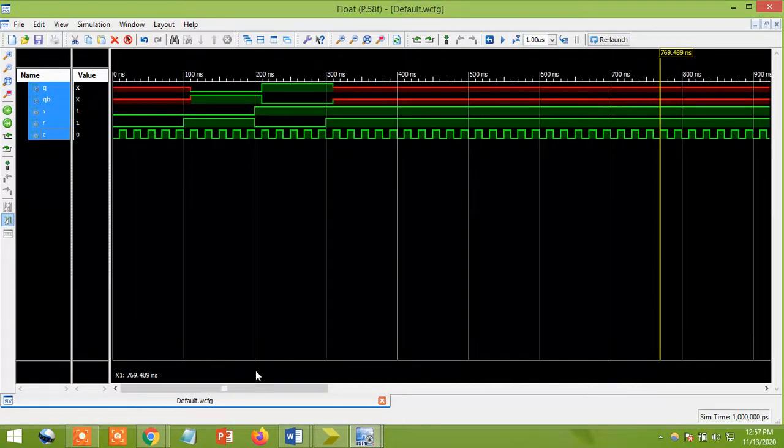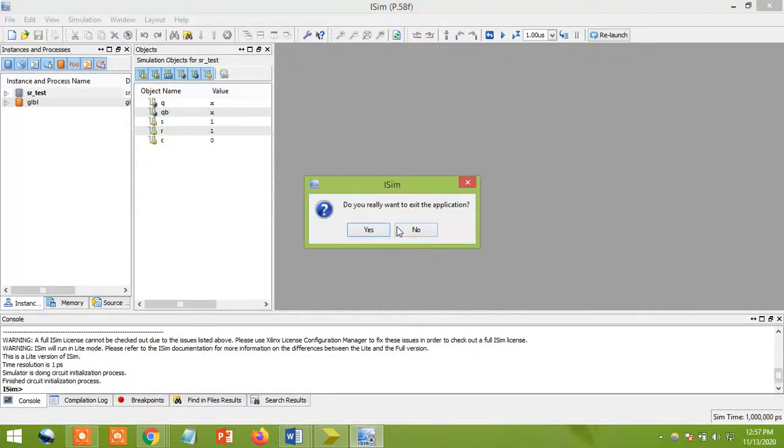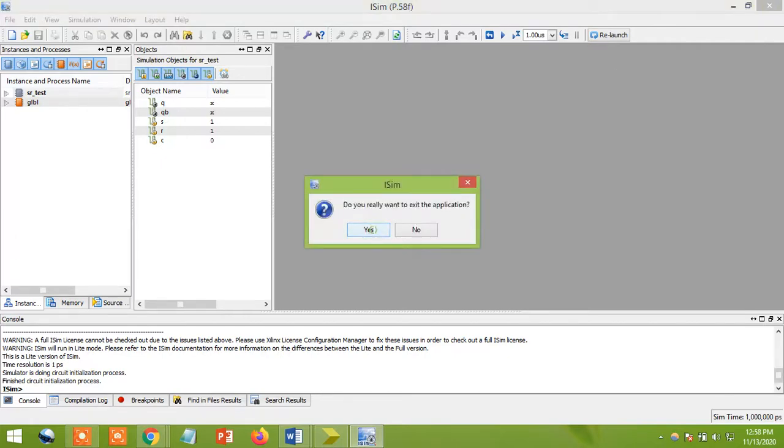I'm not defining what my Q initial value is. That's why the Q value is initially coming as X. For that case, first I need to define the Q and QB values. Otherwise, what will happen here is you are getting some red color or unknown values, right? For that, in the program I'll make a small modification, but when it comes to theory, we will not do this. But you'll see what I'm going to do, just close this program.